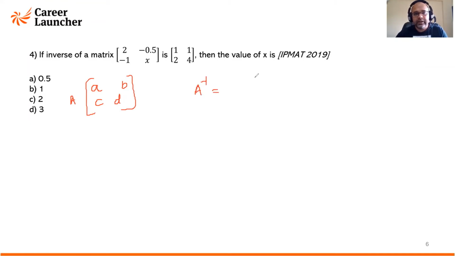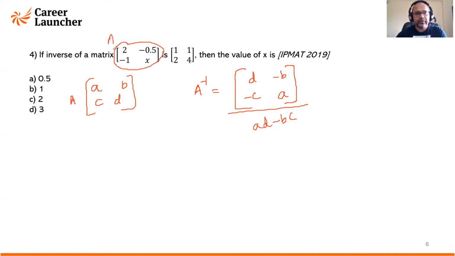be written as, you will interchange D and A and put negative B and negative C. This will be the adjoint of A divided by determinant of A, AD minus BC. This is the formula. So this matrix is A for you. So you have 2, minus half, negative 1 and X. This is your matrix A. So your A inverse according to this will become X and 2 will interchange, and negative half will get another negative which becomes half, and negative 1 will get another negative which becomes 1,